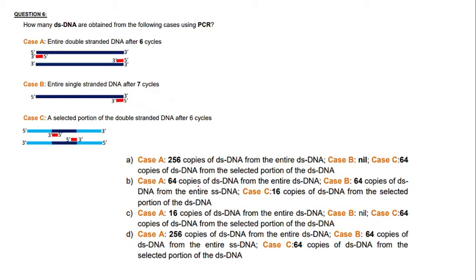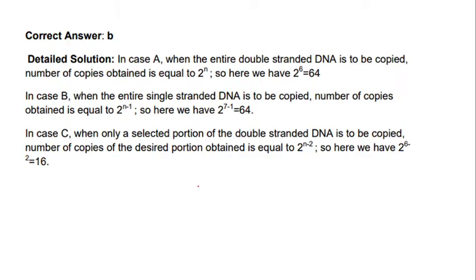So it is asking in all the cases how many number of double stranded DNA are obtained. So how to calculate? Okay, let's see. So in case A,